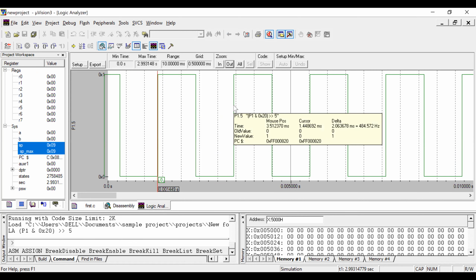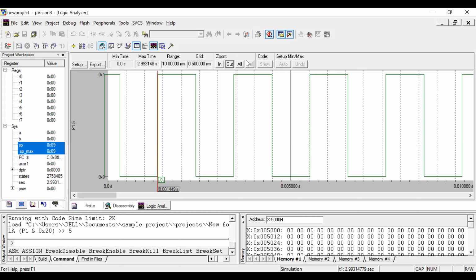What is the frequency you get? 484.5. Approximately it is around 500 hertz. Okay. So I think students can see that in delta. So for one time period, it is 2 milliseconds, that is around 500 hertz.